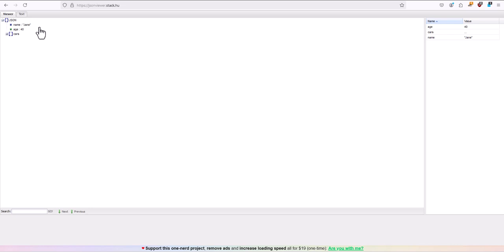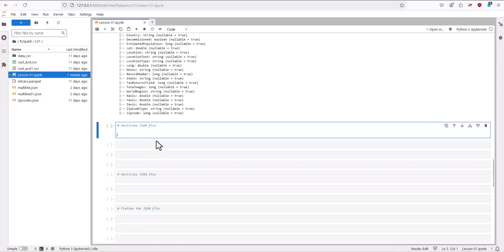It's a JSON object, name equal to Jane, age 40, car is an array, and if we go inside, if I click here, it has content 0 and 2. That means two values for cars, and then the first element we have car, and for the second element we have model, which is also an array with a list of values. So that has BMW and Tesla, and then it has X3 and S5. This is called multi-line. So if I want to read this file,